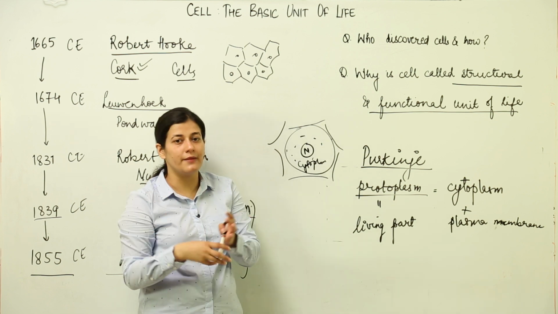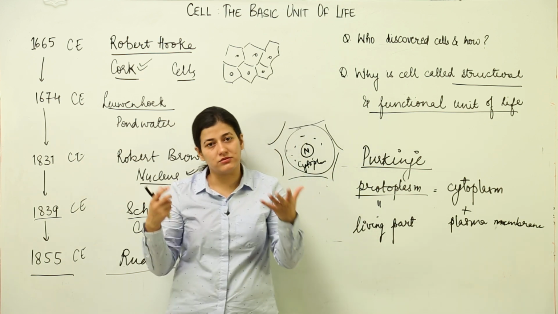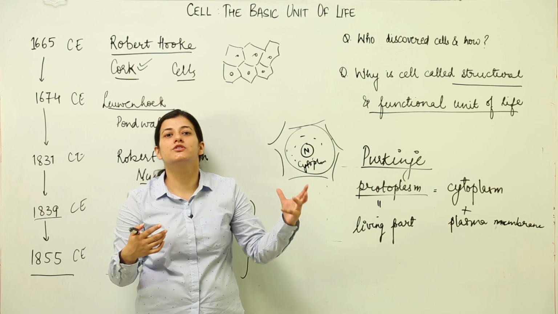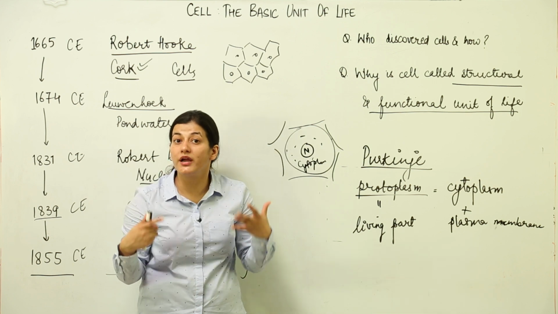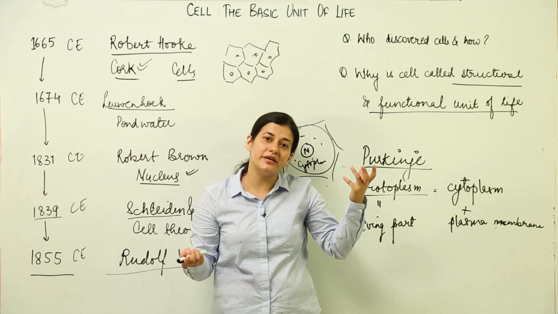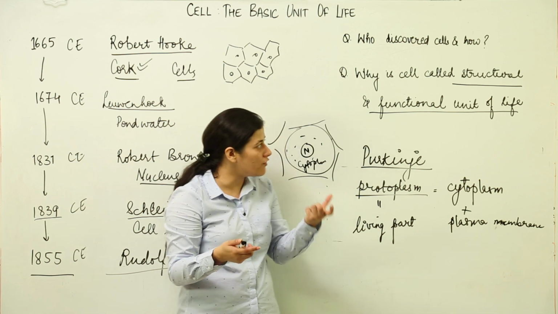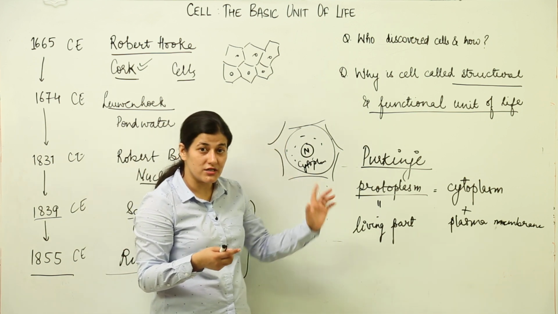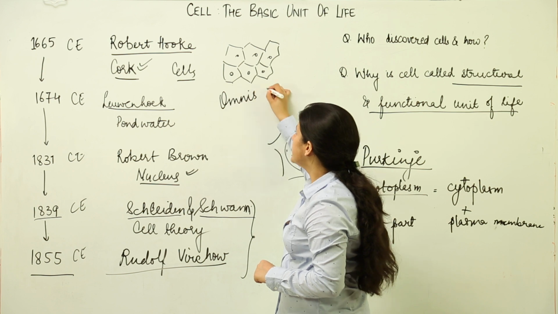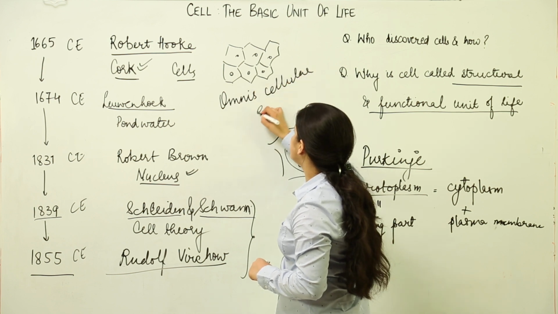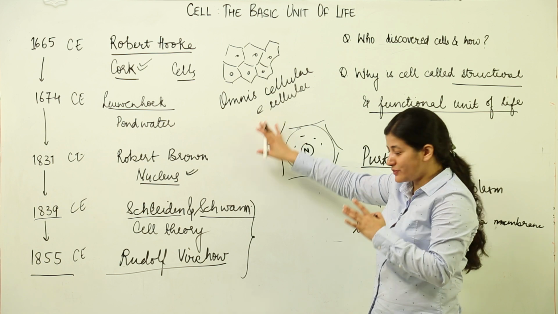If we talk in the simplest way, life is unsuccessful if it could not give rise to new life. Just give it a thought, that whatever life form was present on earth in the beginning, if it was not able to reproduce, how could we have reached a stage where the human mind is so advanced? We would have stayed those bacterial elements and nothing would have reproduced. If the organism is not able to reproduce, it is not considered a successful life form. So, because every cell can give rise to a new cell, as proposed by Rudolf Virchow, which was given as omnis cellula e cellula. Now this is a language which you might not have ever heard. This is the language that is Latin,